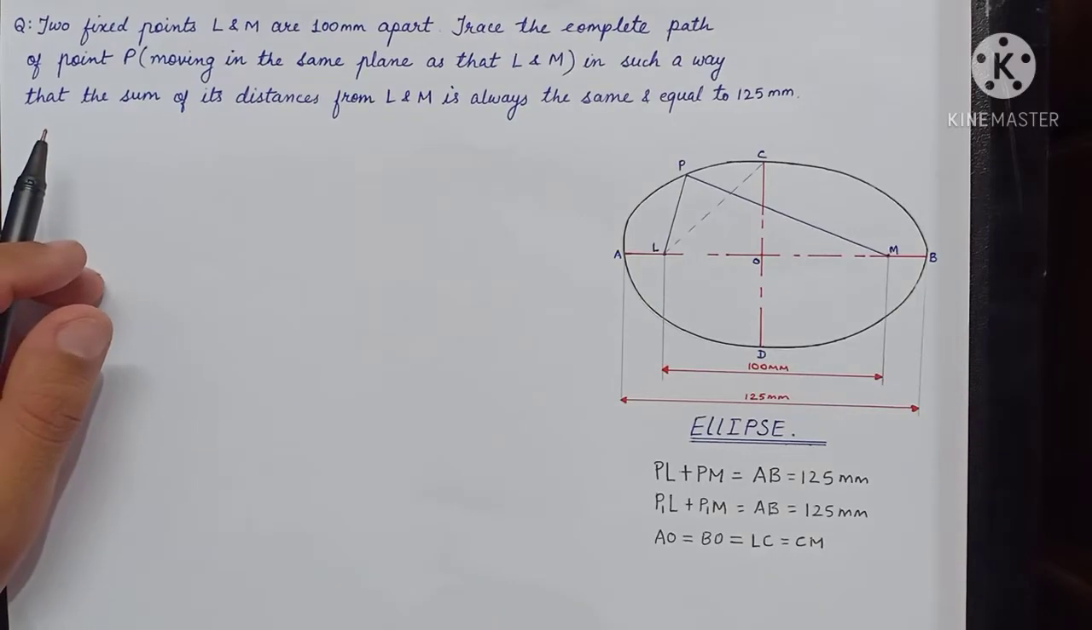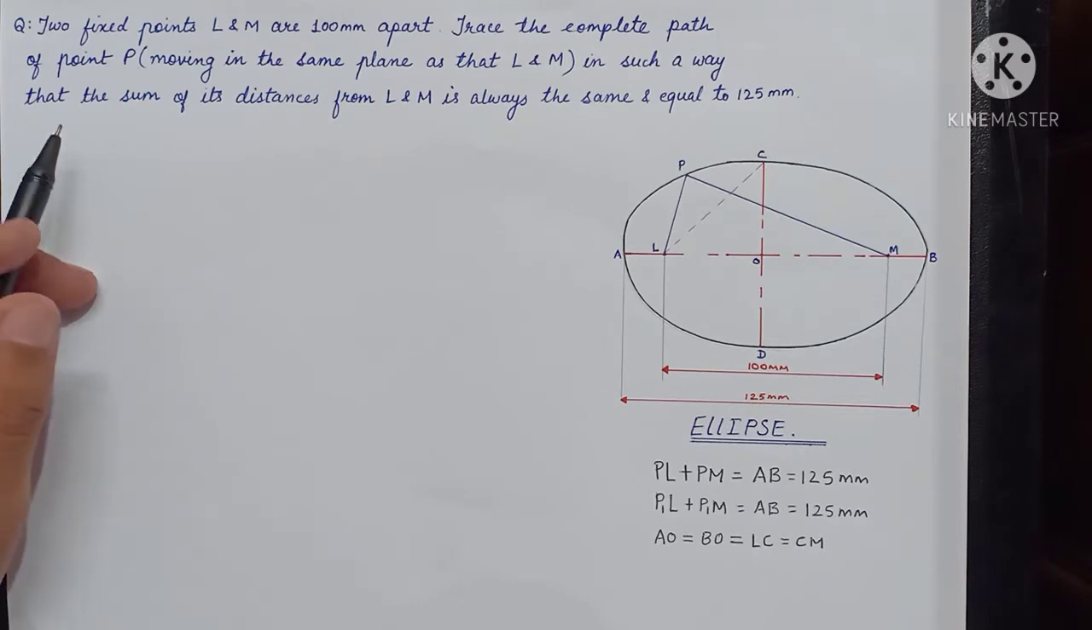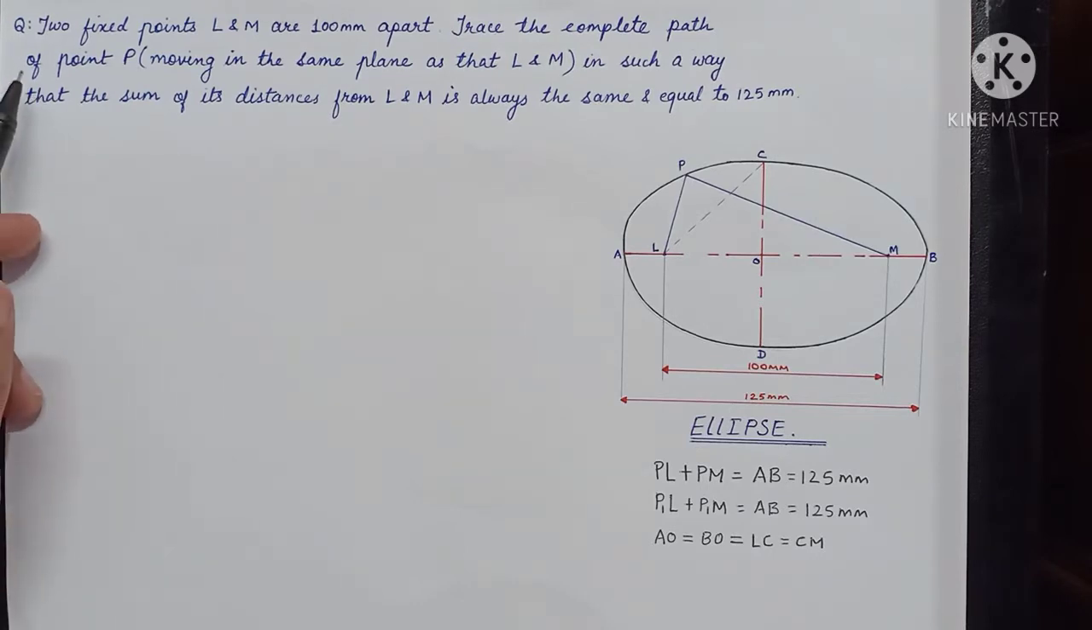We take an example to draw an ellipse by arc of circle method. We take a question. Two fixed points L and M are 100 mm apart. Trace the complete path of point P moving in the same plane as that of L and M in such a way that the sum of the distance from L and M is always same and is equal to 125